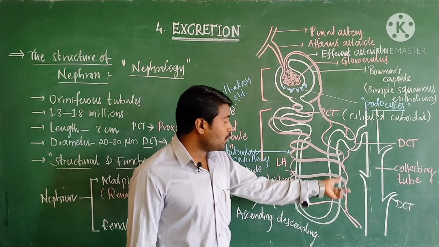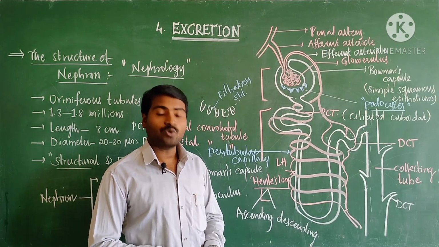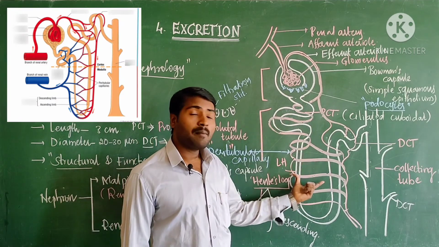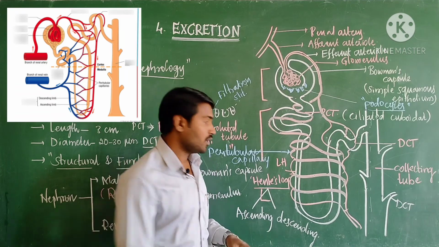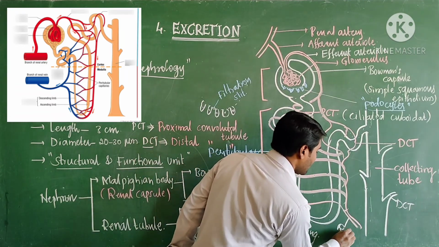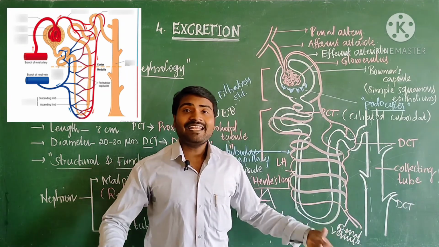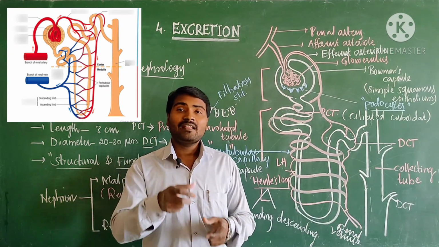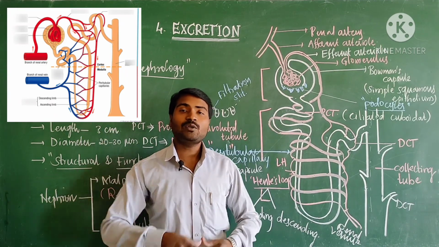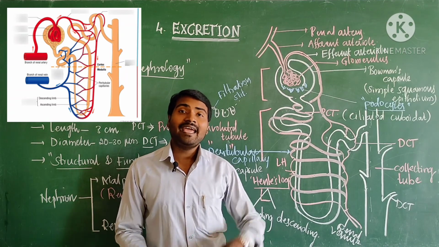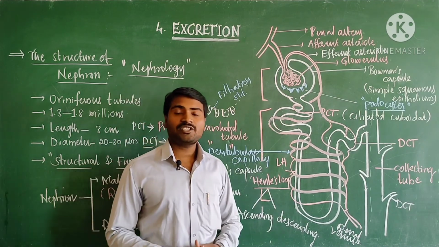These peritubular capillaries together form a venule. It is going to supply blood to the tubular region and it is going to become a venule. So this is called renal venule. Several renal venules form a renal vein. That renal vein comes out of the kidney. So likewise, blood enters into the kidney through the renal artery and exits from the renal vein. So this is the ultrastructure of the nephron.